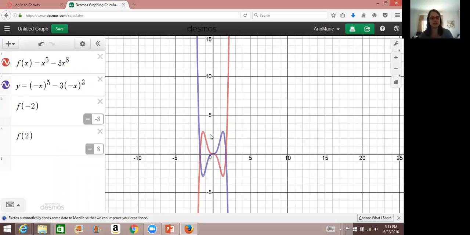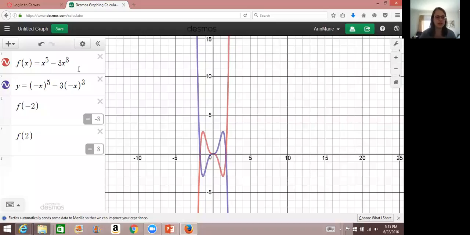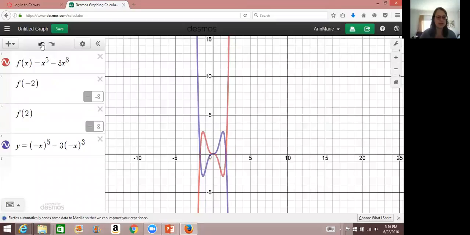Okay, now I want you to notice something. This thing that I said was symmetrical about the origin, what is the degree of all of the exponents? Odd, right? Yeah, that's not a coincidence. We call these functions that are symmetrical about the origin odd functions. If they're symmetrical about the y-axis, like the one I started with here,